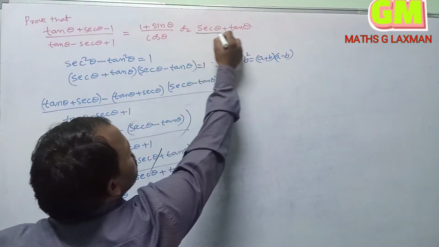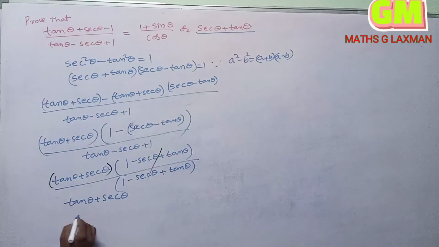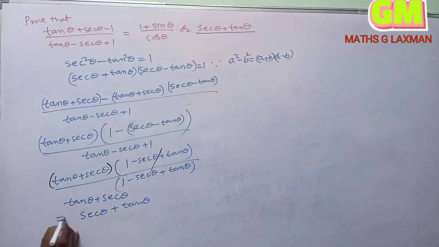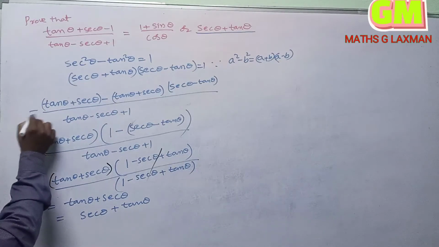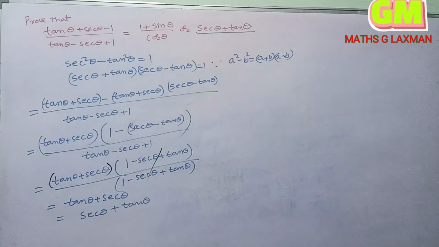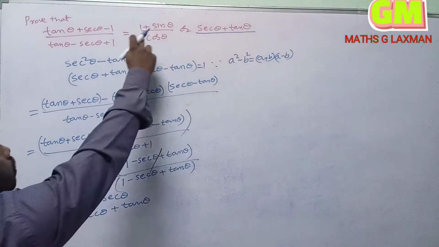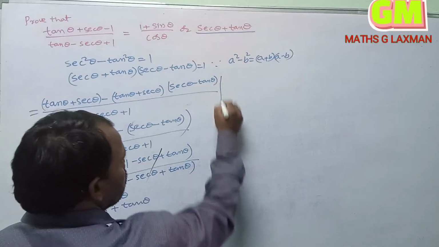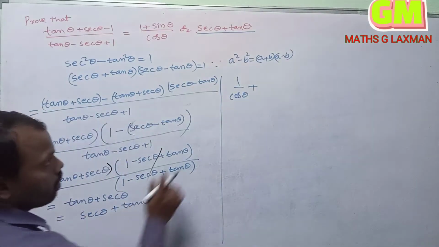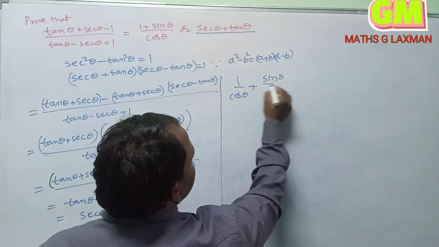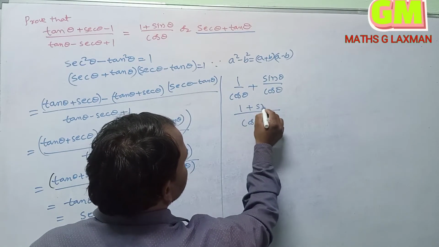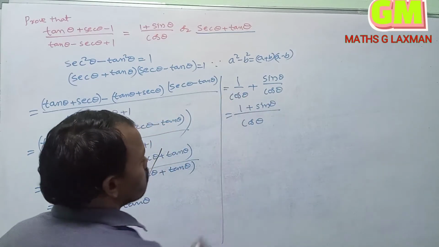So here what we have? Secant theta plus tan theta. Both are same. So secant theta plus tan theta. So now we have to show that 1 plus sin theta by cos theta. How can we show this secant theta plus tan theta as 1 plus sin theta by cos theta? So look here. Secant theta we can write as 1 by cos theta plus tan theta we can write as sin theta by cos theta. So take the LCM as cos theta. So 1 plus sin theta. So this we require to show. So hence therefore